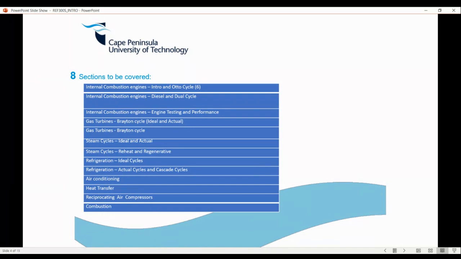Yes, you've probably seen an air compressor before at home, so we'll be looking at the thermodynamics involved in that, for both single stage and double stage. And then finally, we're ending off with combustion, and we can basically find out